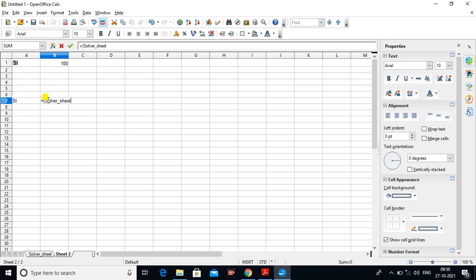Then write the cell that we are going to reference from the solver sheet, that is also B7. Look here, it is B7. So I typed that here.